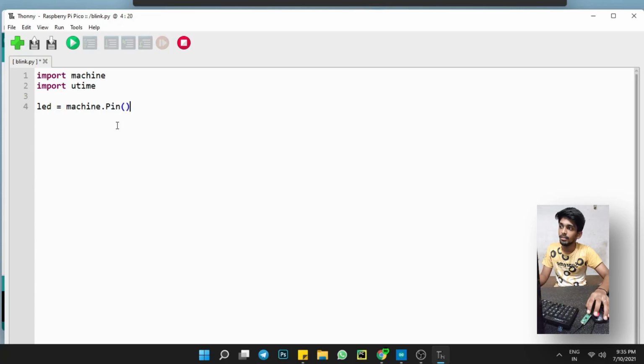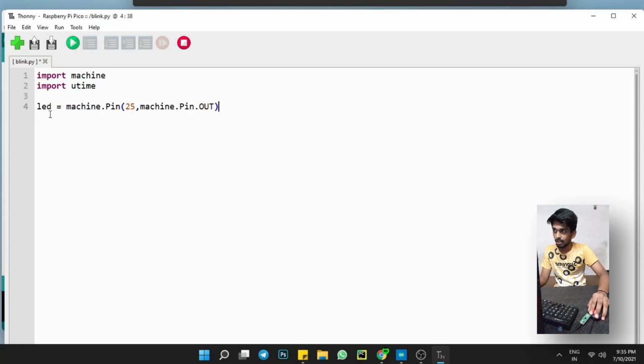See carefully, the P is in caps. Passing the values 25 comma machine.Pin.OUT. The P is caps, and OUT is also all caps.